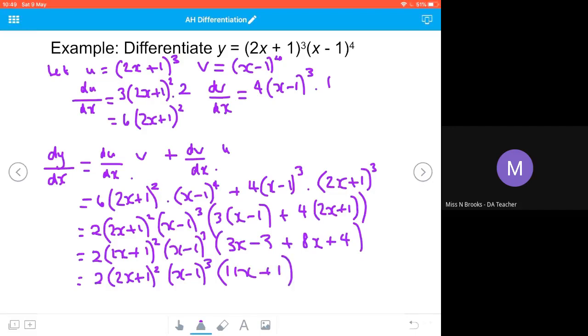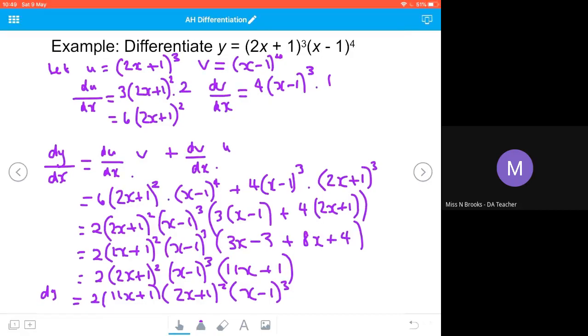And then I'm going to write it in ascending powers. I want my 11x in there because it's to the power of 1. So 11x plus 1, 2x plus 1 all squared upon x minus 1 cubed. And that's my value for dy